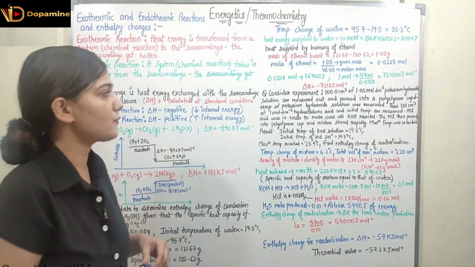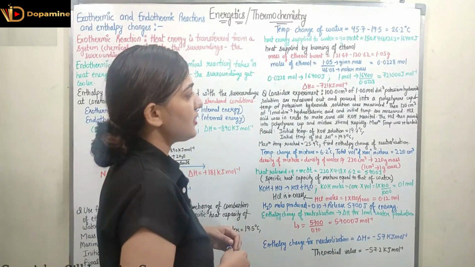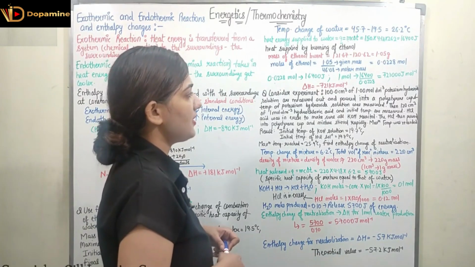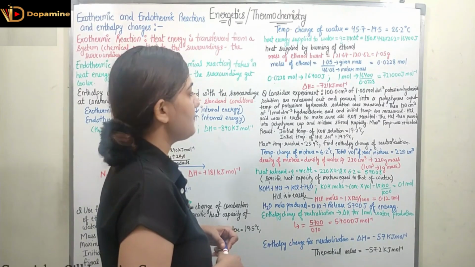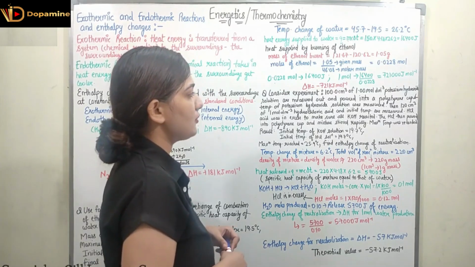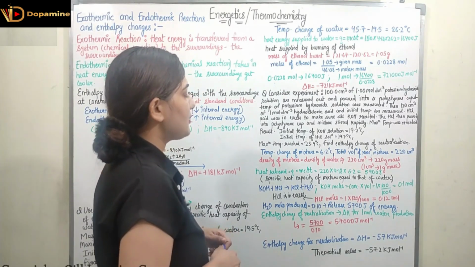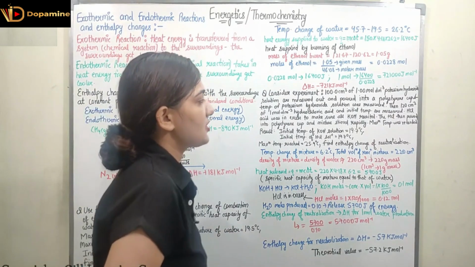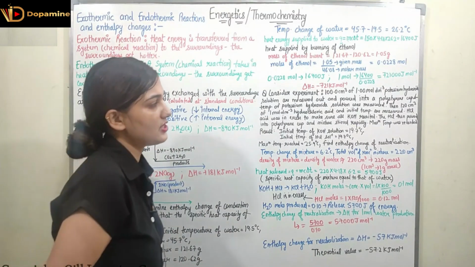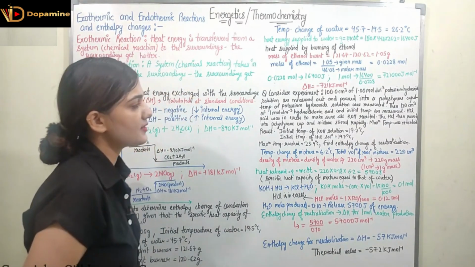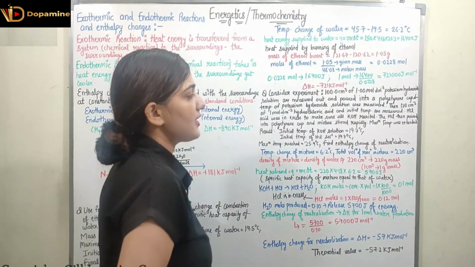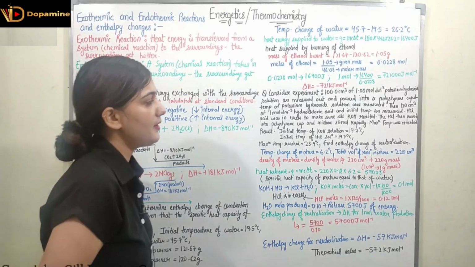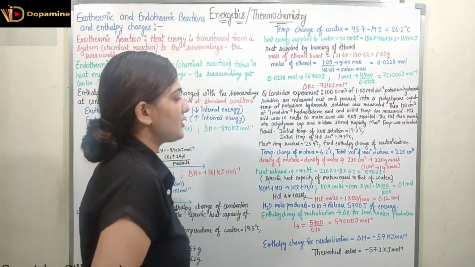negative in this case. Coming to the next question, consider an experiment in which 100 cm³ of 1 mol/dm³ potassium hydroxide solution is measured out and poured into a polystyrene cup, and the temperature of the potassium hydroxide solution was measured. Then 120 cm³ of 1 mol/dm³ hydrochloric acid and its initial temperature are measured. HCl was in excess to make sure all the potassium hydroxide reacted. The hydrochloric acid is then poured into the polystyrene cup, and the mixture is stirred rapidly. Maximum temperature was recorded then.